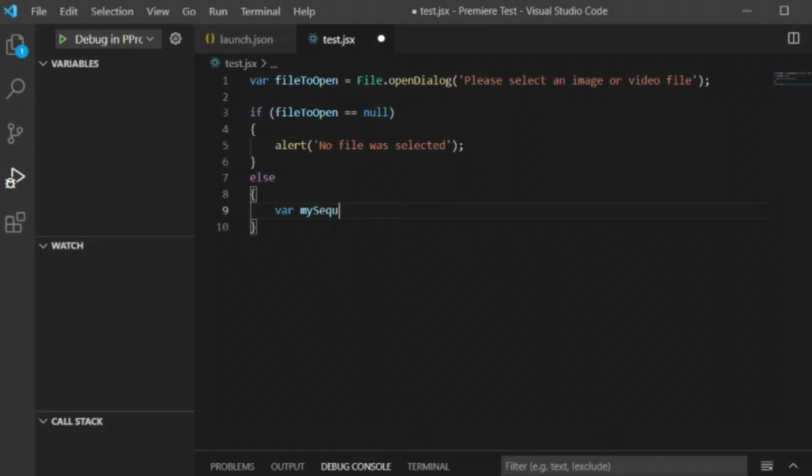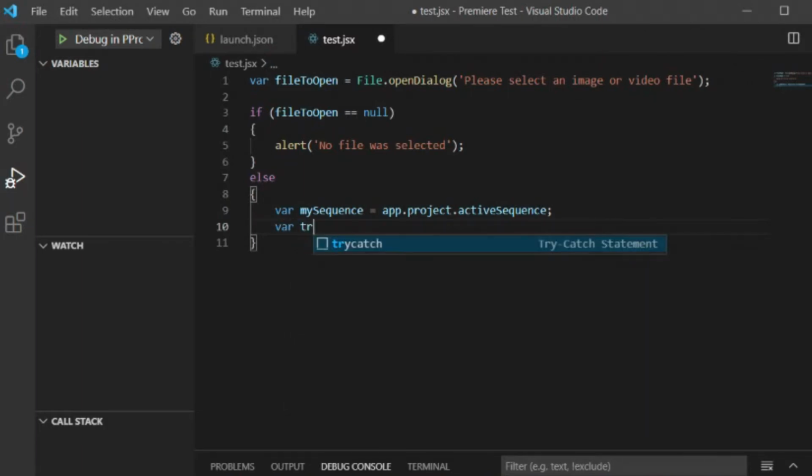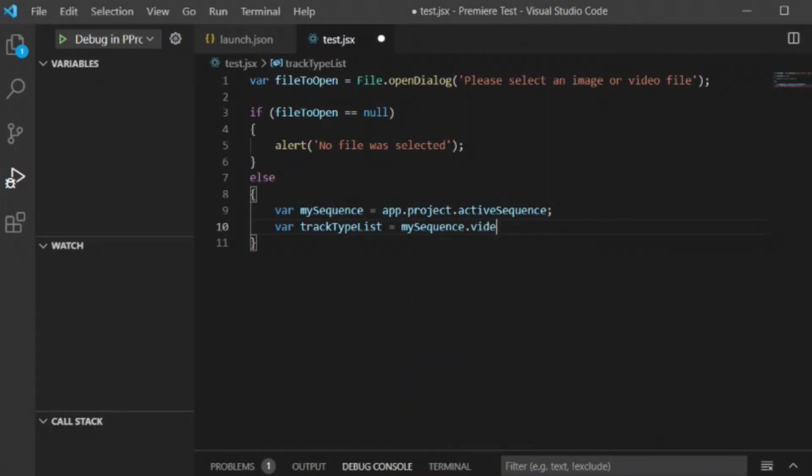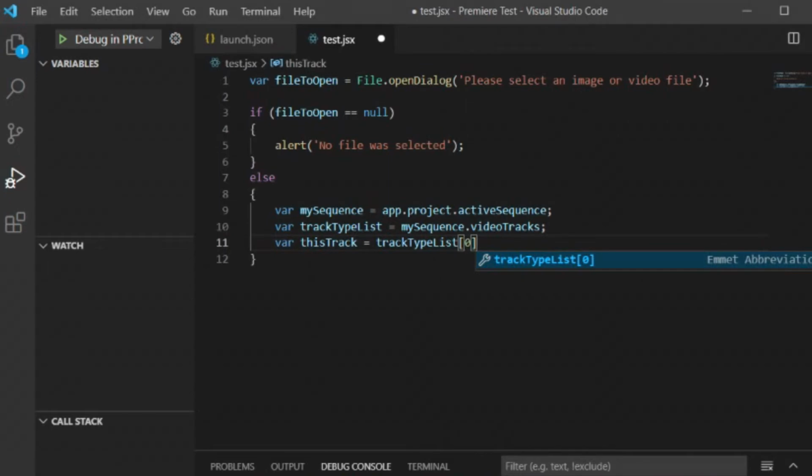So mySequence equals app.project.activeSequence. Then we're going to get the track list. var trackTypeList equals mySequence.videoTracks. And then we will assume that we have a sequence open in Premiere and that it has the standard tracks, and we're just going to work on the standard default track number 1. So let's set our variable thisTrack equals trackTypeList, and we're going to get the 0th track, which